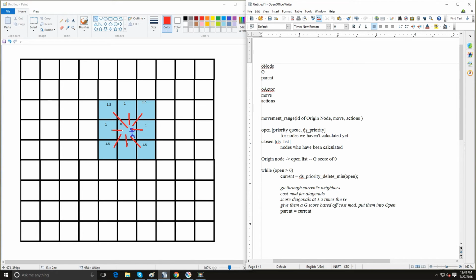Okay, so again, parent will be the current node. It's going to hold the ID of the node, and it's essentially going to point back towards the node that it's taken to get there, the node that scored them. And you'll see how this works out in the long run. When all of this is done, we're finally going to take our current node and we're going to stuff it into the closed list. So,